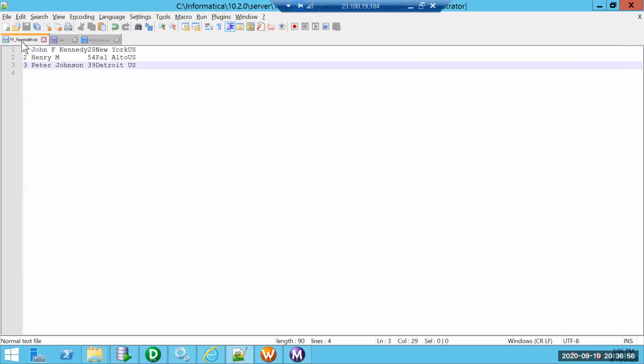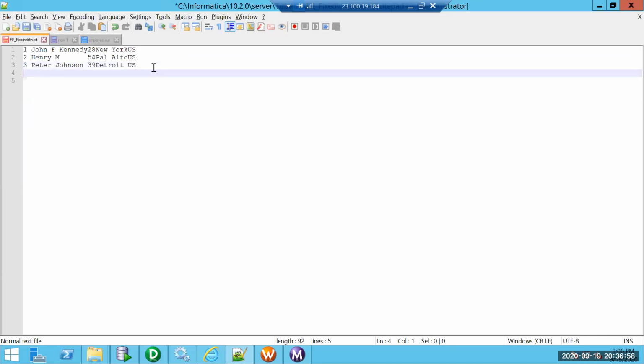So now we'll try to have one more line with 12. Again, I should not use a space. I can use a space, Henry M. We can probably use multiple spaces also, as long as we are adding the age correspondingly.